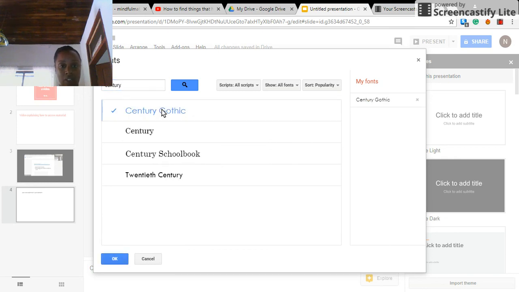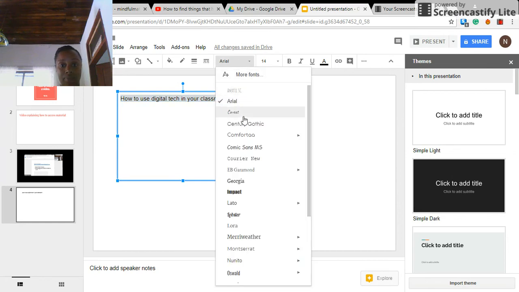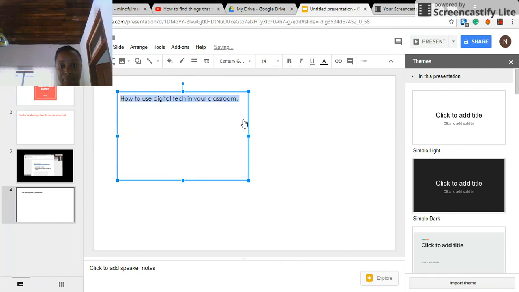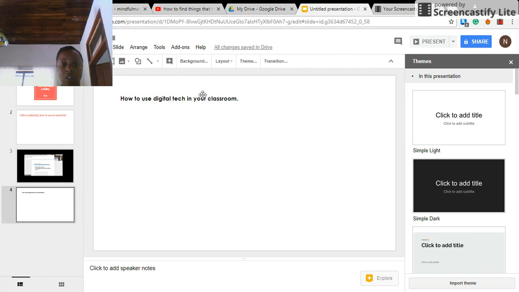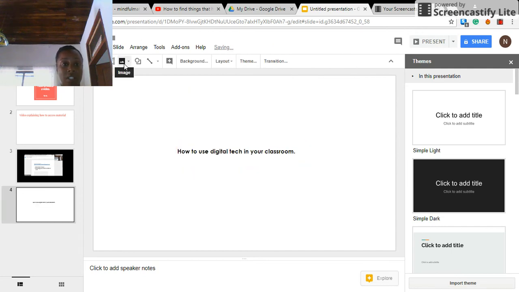So we'll add Century Gothic. I like 20th century as well, so we'll add that. Okay, and it's changed that to the actual 20th century, I think. Change to there. All right, we can make it bold. Similar things to what we did before, but the difference is you don't have to go into a different section to do this. You don't have to go into draw. So you can have this in the center of your page,